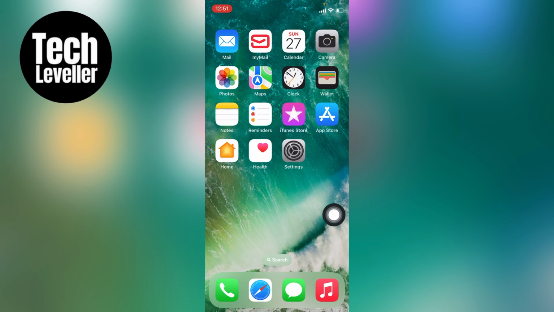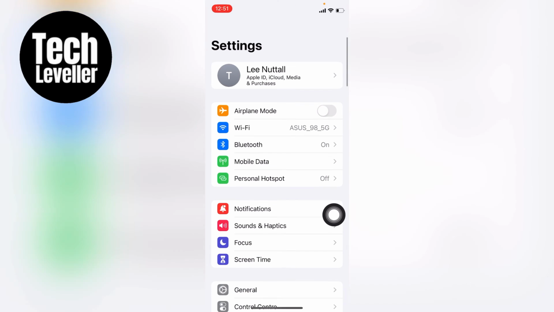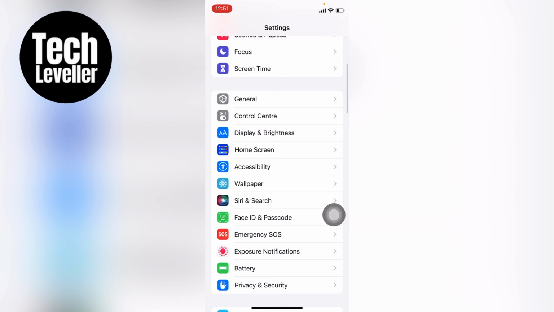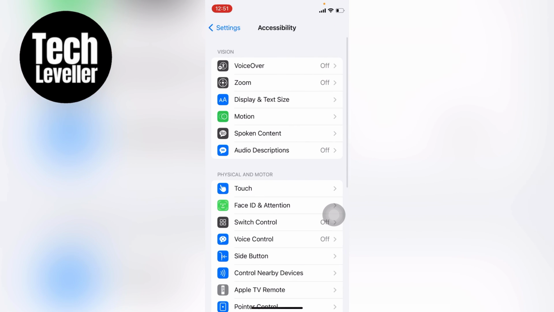So you want to come up to the main settings tab here, whether that's on your iPhone or your iPad. You want to tap into the settings, and within the settings we want accessibility. Now if your iOS software is not up to date, this may be within the general settings, and then you'll select accessibility from there. However, ours is on the main settings, so we'll select accessibility, and you want to scroll down until you see